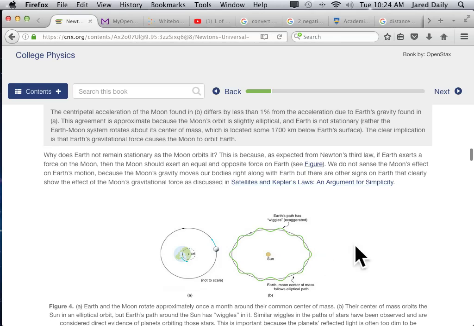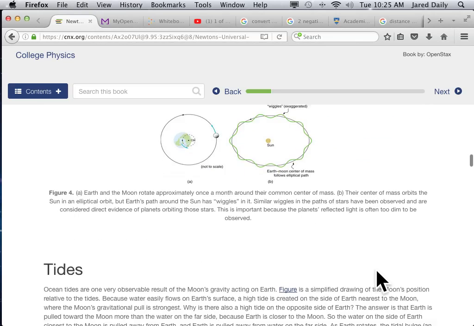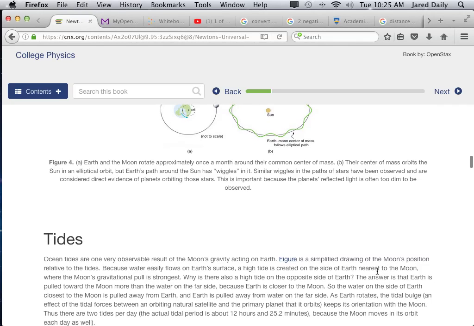Why is there a difference? Well, because the moon doesn't travel in a perfect circle around the Earth. The Earth does it because the moon also pulls on the Earth. So while the Earth is pulling on the moon, the moon's pulling on the Earth, and the sun is pulling on the Earth, and the sun's pulling on the moon, and everything else is pulling on it, so nothing is exact. So the Earth's orbit starts to wiggle as it goes around the sun. The moon's orbit wiggles as it goes around the Earth. The Earth wiggles back and forth. Everything wiggles around all the time. We call these tidal